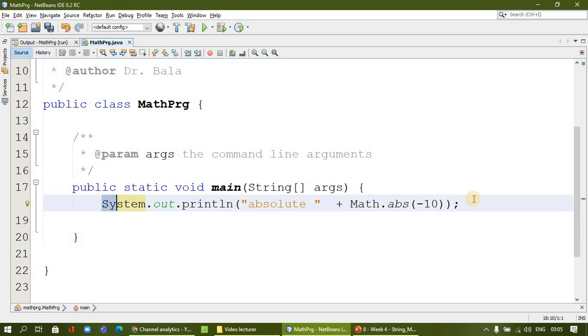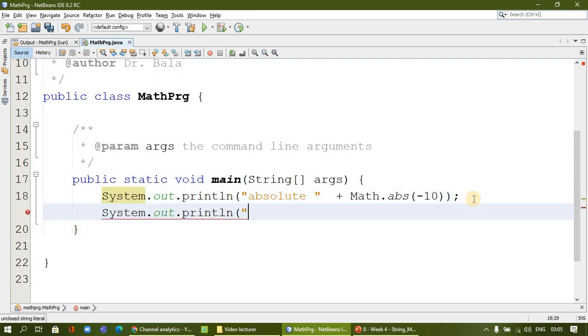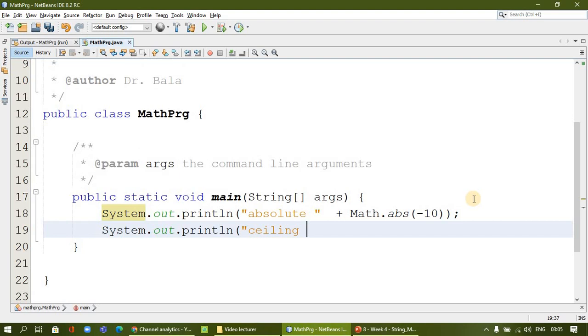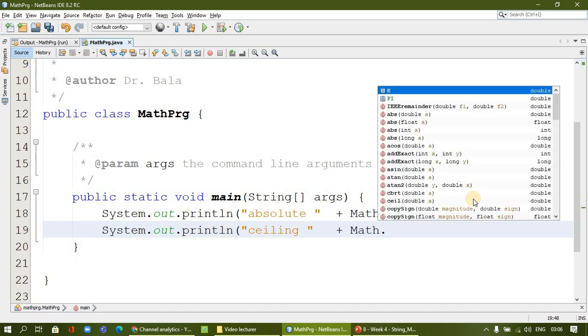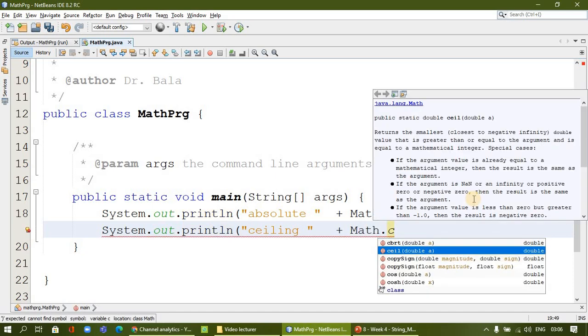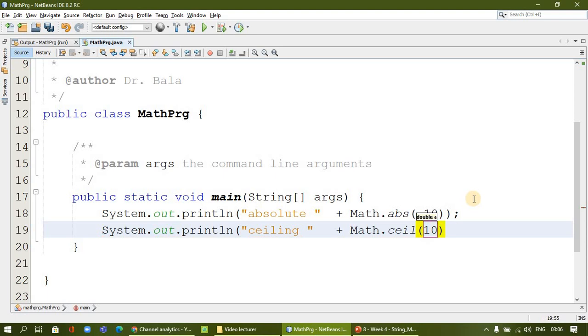In the same way I will do for the other methods too. So next is ceiling. The ceiling method will always round up the value. I will say Math.ceil. For example, I say 10.1. After the point you can have any number, even 0.1 to 0.9, and it will be taken to the whole number at the upper level.